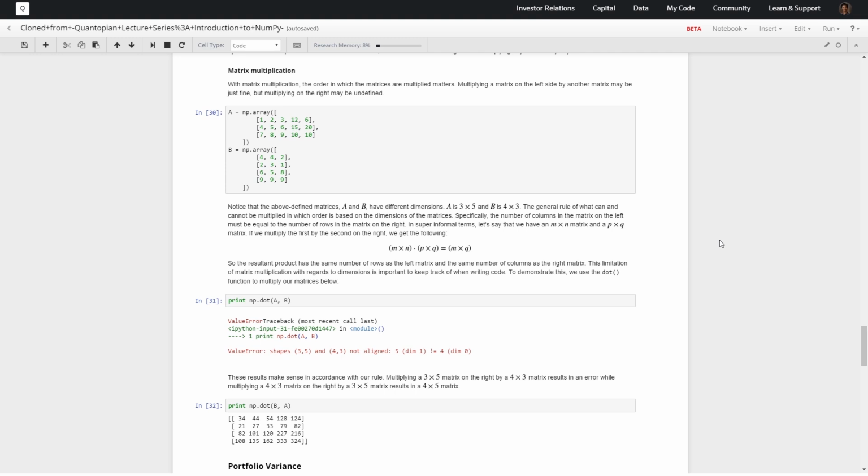So the resultant product has the same number of rows as the left matrix and the same number of columns as the right matrix. This limitation of matrix multiplication with regards to dimension is important to keep track of when writing code, otherwise you're going to get errors everywhere. To demonstrate this, we use the dot function to multiply our matrices below. So if we multiply A by B, notice it's 3 by 5 and 4 by 3. 5 is not equal to 4,